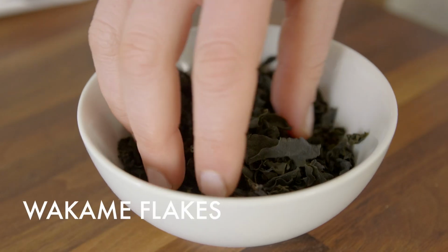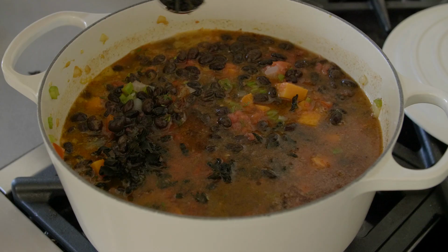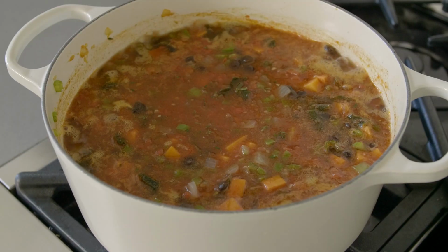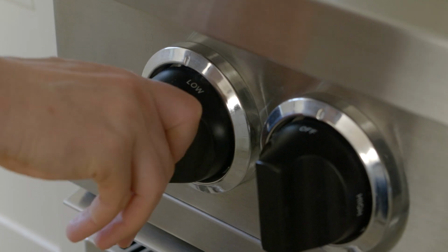For our superfood secret, we'll also add some dried wakame, which is a seaweed that adds minerals and flavor and helps make the beans much more digestion-friendly. We'll bring the mixture to a boil, cover the pot, and reduce the heat to low so it can simmer